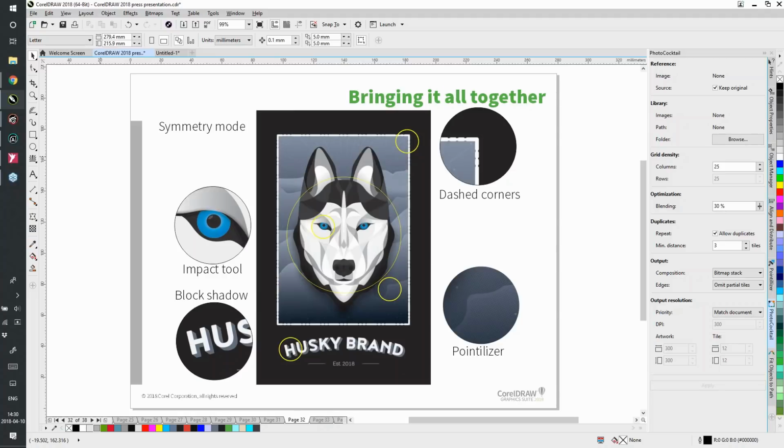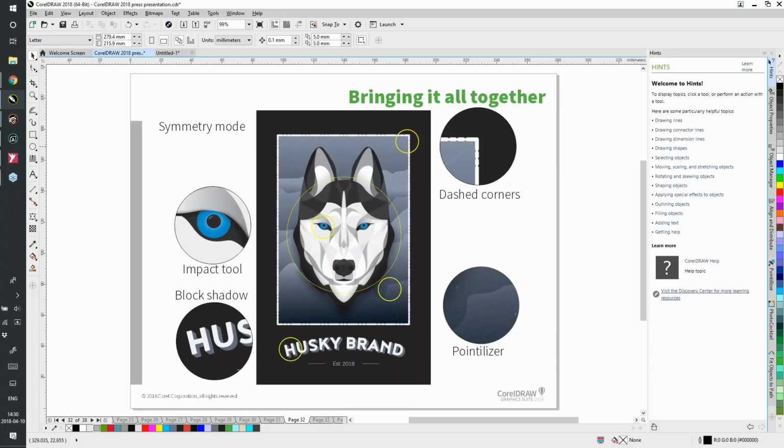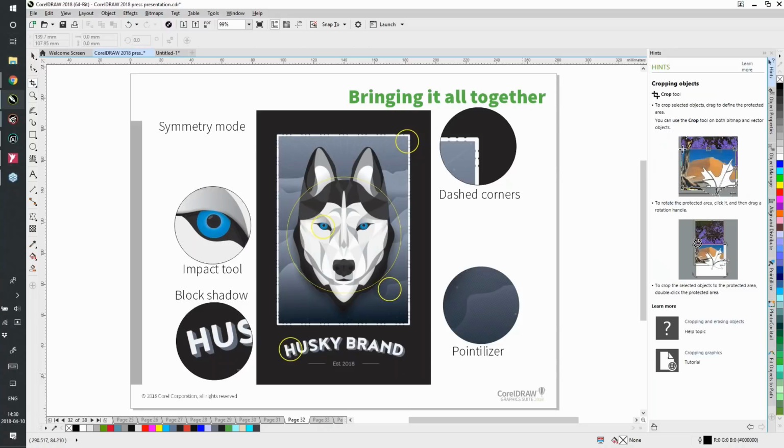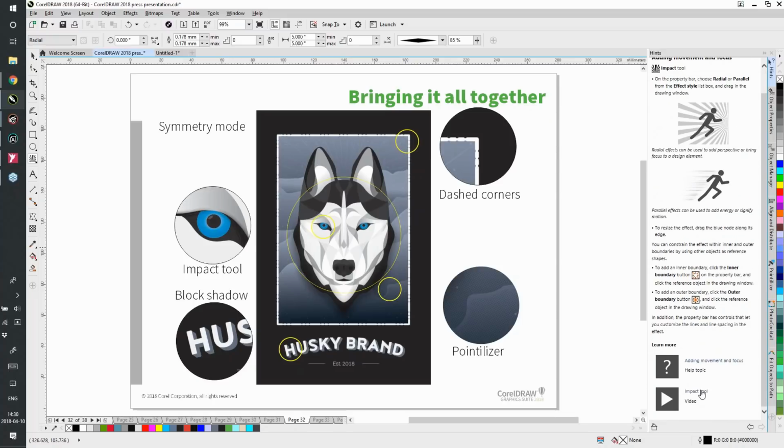So this concludes my overview for today of CorelDRAW Graphics Suite. I'll just point a few more things because they're usually very important for our users. We continue to have our hint stalker here. So as I select a tool, this changes automatically with the instructions on how to use the tool and all the details, as well as links to extra videos if you have some. So if you want to learn more, you just click on it, it'll get you straight to the